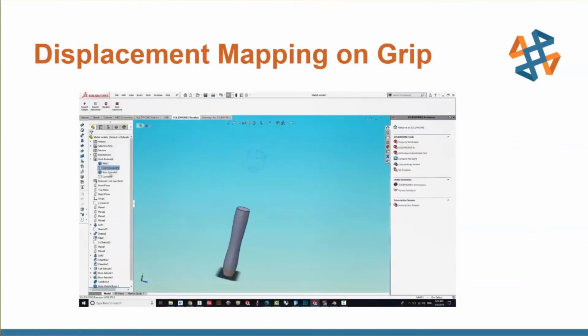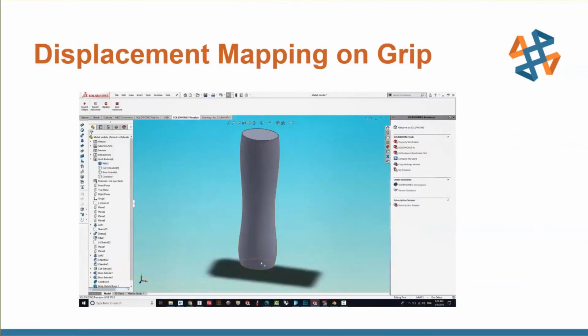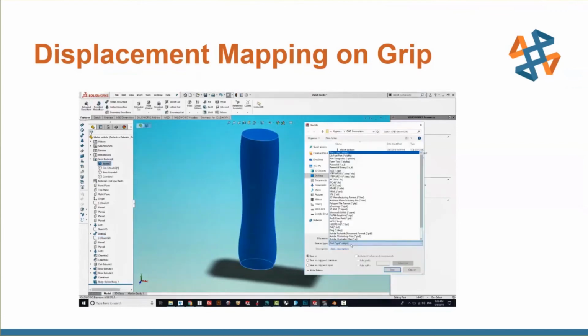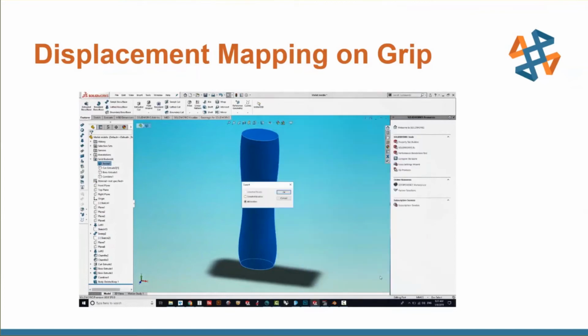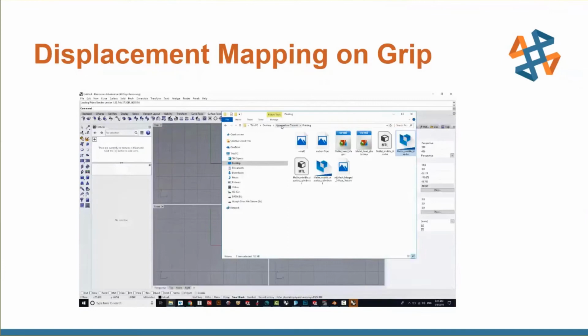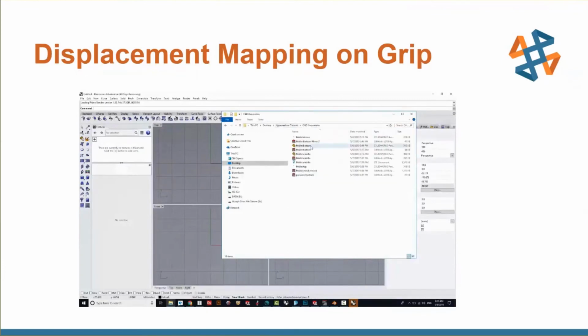This is something that is really key when you want to get that hyper realism, that tactile feel of something. And it could be wood grain, it could be leather, it could be some sort of knurled surface. So here I'm bringing in the bottom of the mallet,